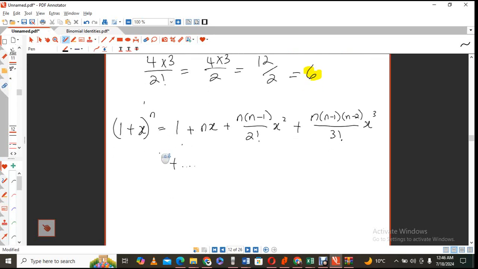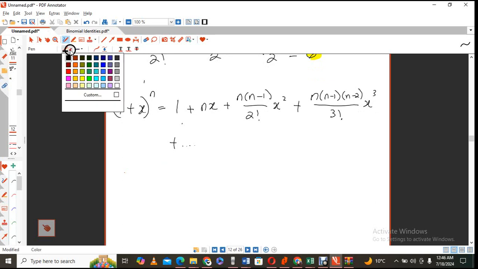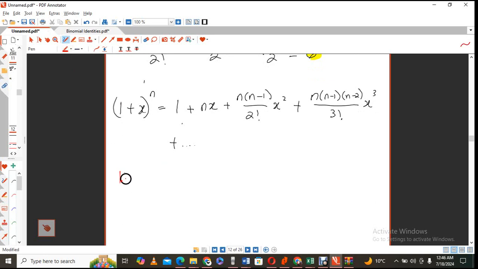So if I now use what we have done, just to prove again, it was 1 plus x raised to the power of 4. Substituting there, of course, I know 1 is here, and then n being 4, 4x, and then I have got n, which is 4 minus 1 over